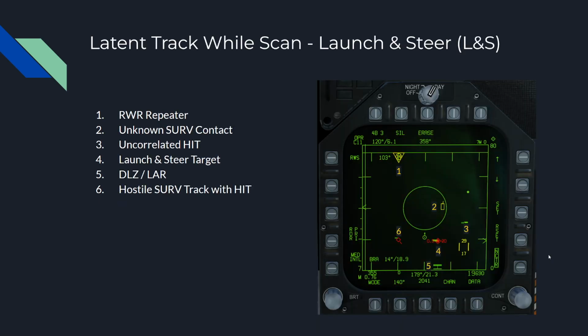So, latent track while scan. This is probably the most common mode that you're going to be in. I probably should have put this one before, but this is what you default to, right? So in LTWS, you'll get all this fancy overlaid information with MSI enabled. So you're going to get your RWR repeater information up here. So that's what that